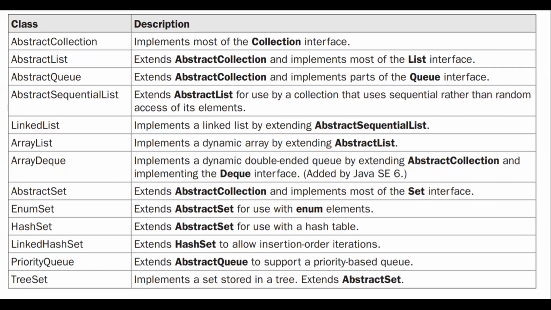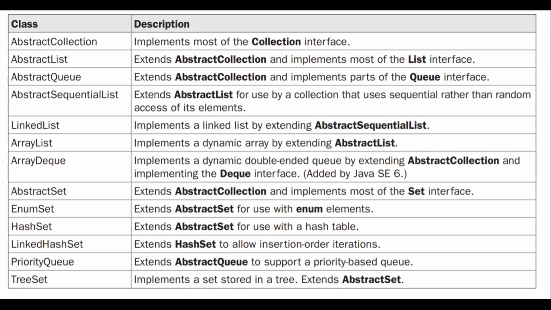In our last class we studied the collection interfaces, and then we saw a few examples of how to use the queue. From today we shall discuss the collection classes. The interfaces have to be finally implemented by a class to actually see the execution.